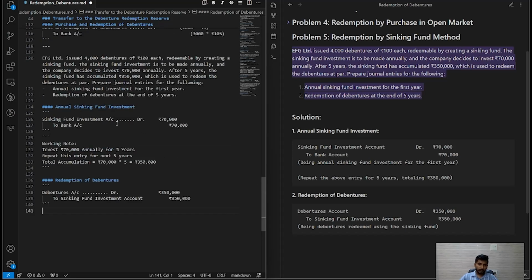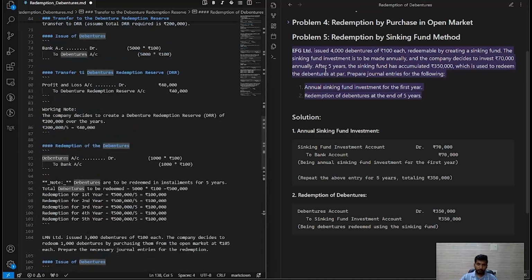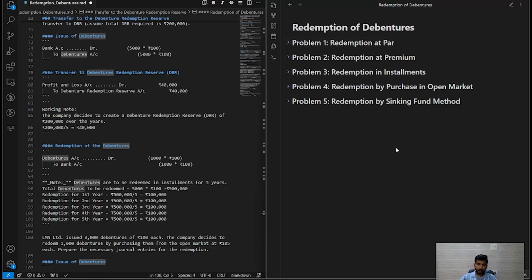First, we will transfer the amount into the sinking fund for 5 years, that will be 70,000 each year, and after that, we will redeem the debentures from the sinking fund. So these were the 5 problems and 5 solutions regarding the redemption of debentures. I hope you